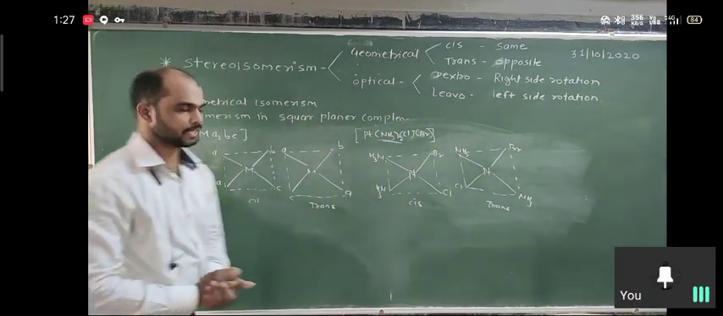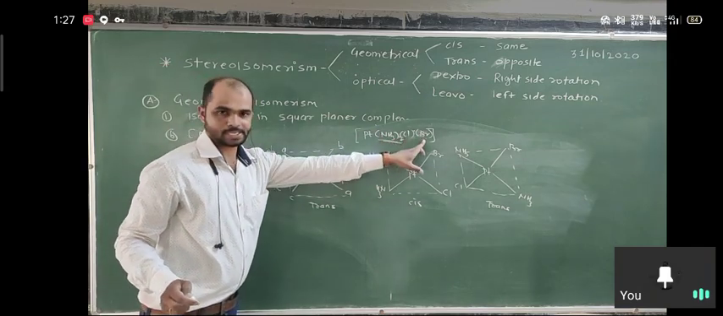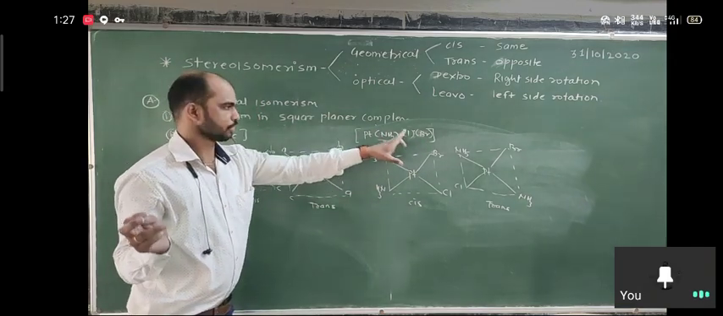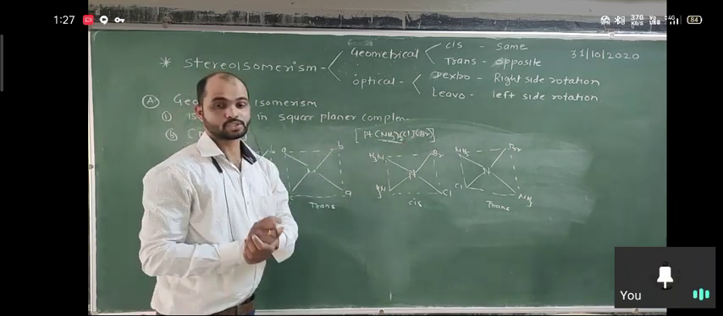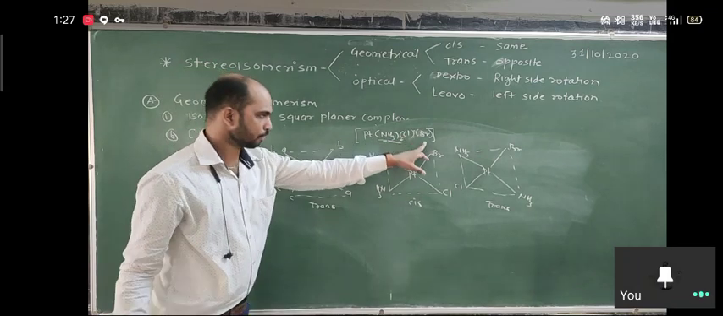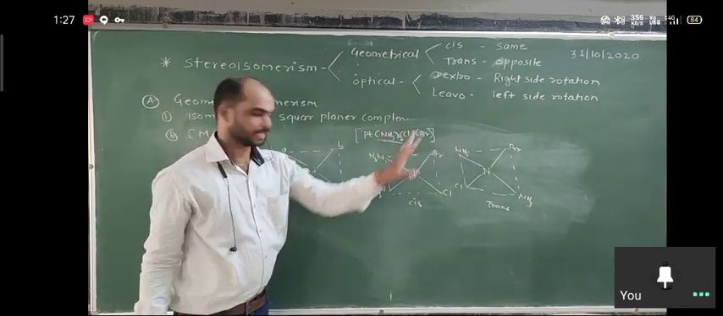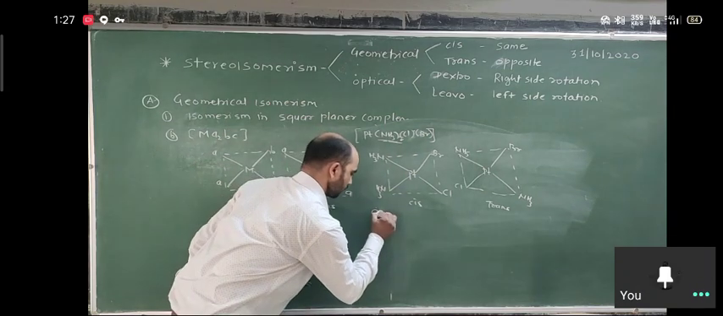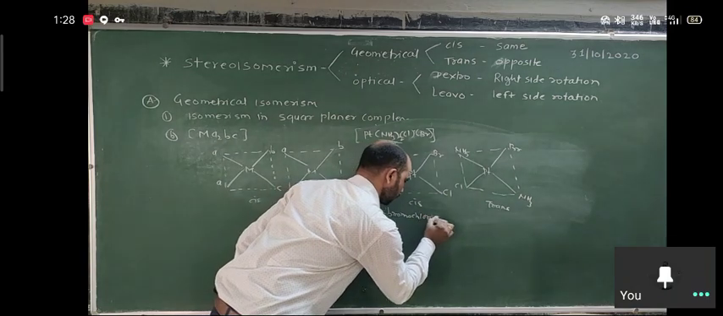And you know the nomenclature. What is the nomenclature? Here there are two negative ligands and one neutral ligand. So we start the nomenclature from the negative ligands. For negative ligands we use alphabetical order. So bromo, chloro, diammine, platinum(II). So cis-bromo, chloro, diammine,